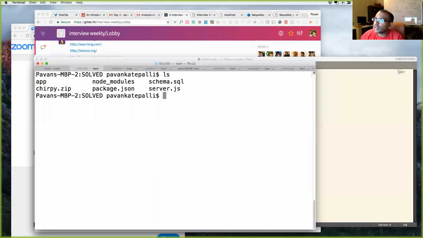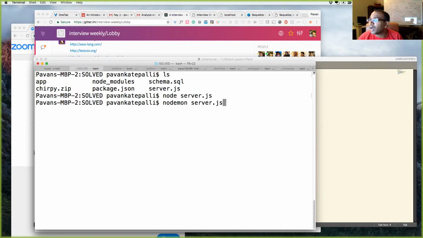And now what I'll do is I will run my server.js file, and with Express, the way I do it is I could do node server.js. I'm gonna do Control C, or I could run nodemon server.js, and that will watch for changes in my server.js file and restart my server automatically for me. Nodemon is an NPM package that I globally installed all over my computer. So that's a little trick right there.